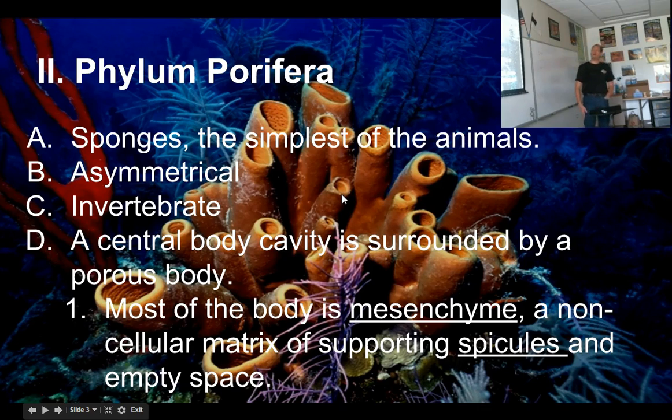Moving into phylum Porifera, this is where we're going to spend most of our time. These are the sponges. These are the simplest of the animals. So we're going to start simple, and then we will work up to mammals by the end of the year. We're going to be in Kingdom Animalia for the rest of the school year. And so we're going to be taking our time going through all the different phyla of animal life. We're going to dissect lots of them. And so here we go with that. We're going to start simple.